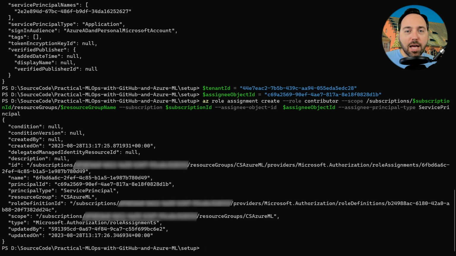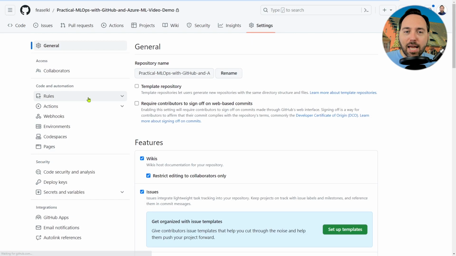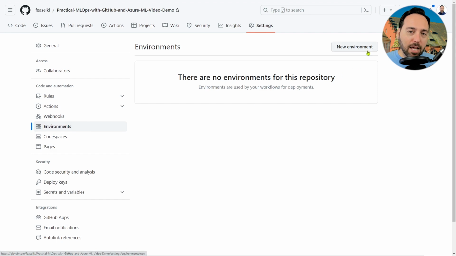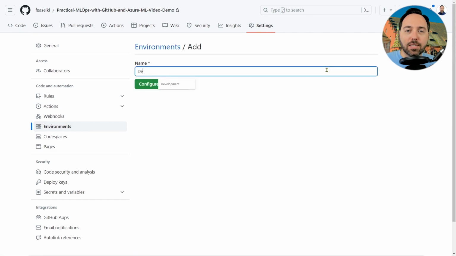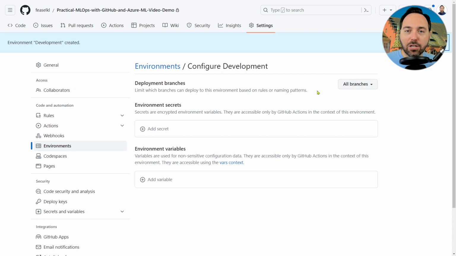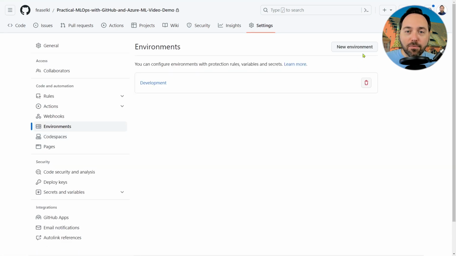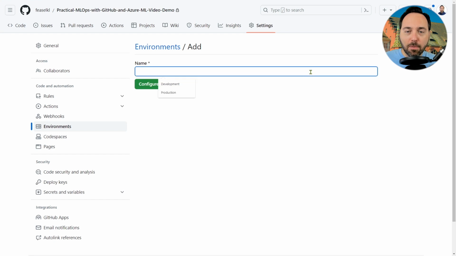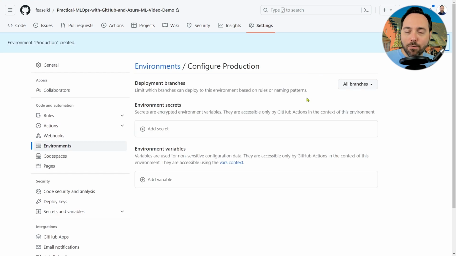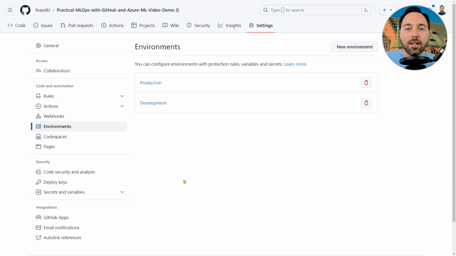At this point, we've done almost everything we need to do, but before we close this demo out, I want to point out one tiny thing. We are now in my GitHub repo, so let's navigate to Settings and then Environments. Let's say that I want to have two environments, development and production. For the sake of simplicity, both of them will point to the same Azure ML workspace, but I'm going to configure things as though we expect the development environment's AML workspace to be different from the production environment's. Let's create these two environments right now.